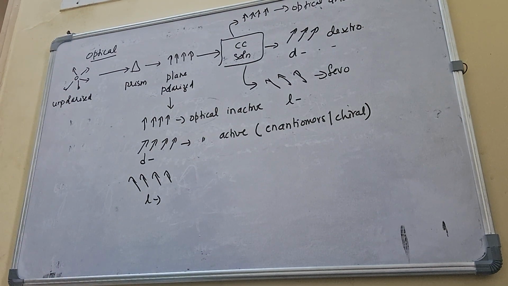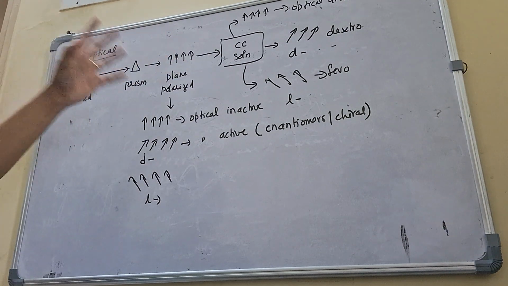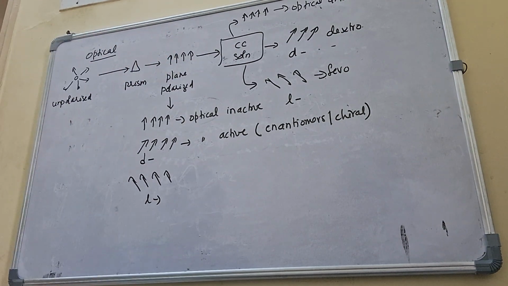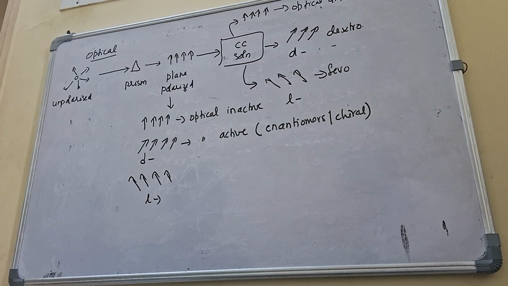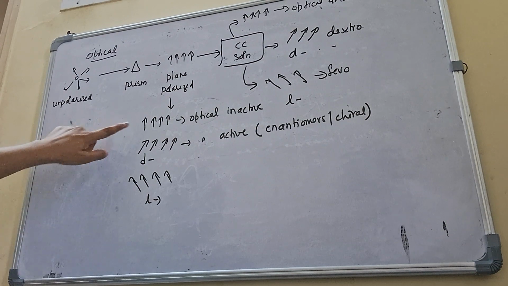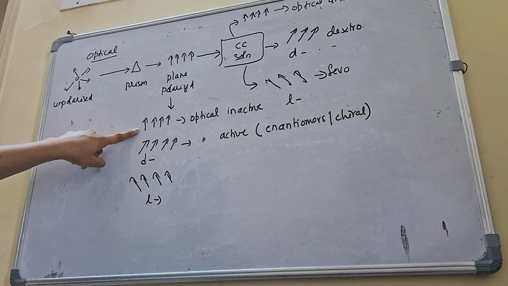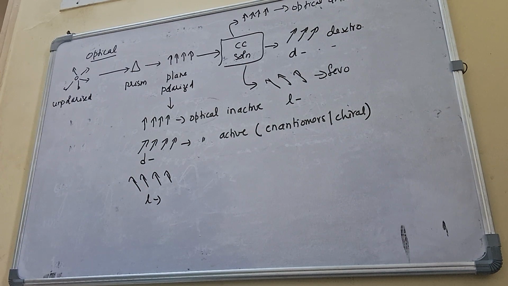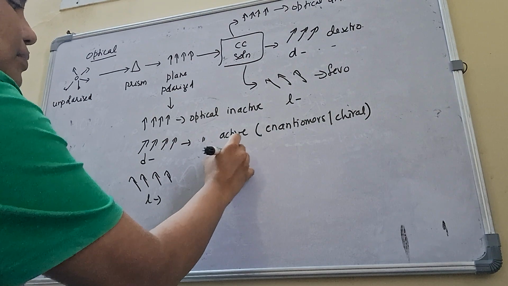Now how do you identify this? I cannot every time go and check in the solution, take plane polarized light and see, oh, it is optically inactive, oh, it is active. How do I know whether it is dextro? Oh, this is dextro. Then I take the second isomer. Oh, this is levo. I cannot do that. So I need to have a theory behind this, correct? This is the meaning of it: you pass it through a solution, and if it is not changing the direction, it is inactive, no optical isomers. In this case, there are optical isomers. But theoretically, how do we understand it? We say something like